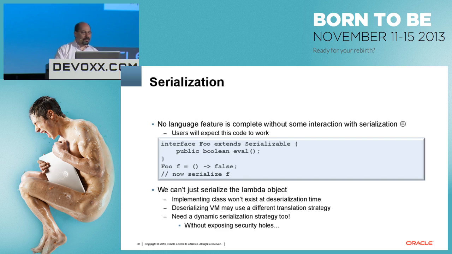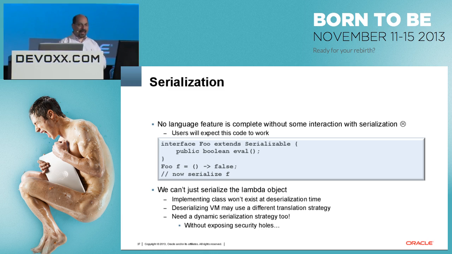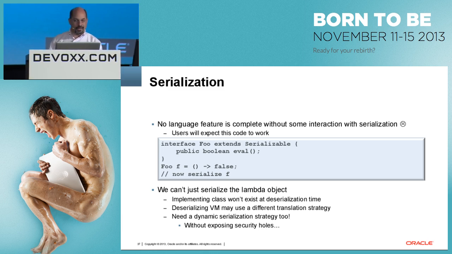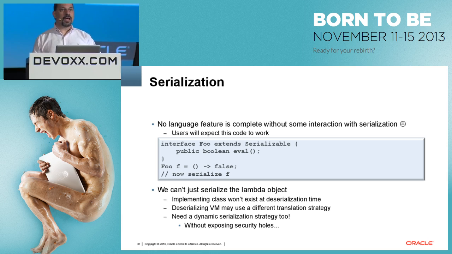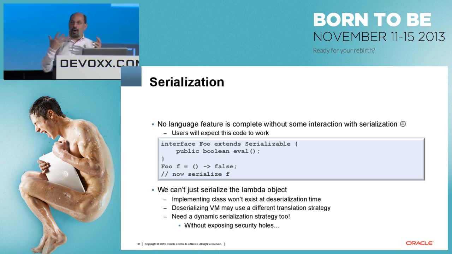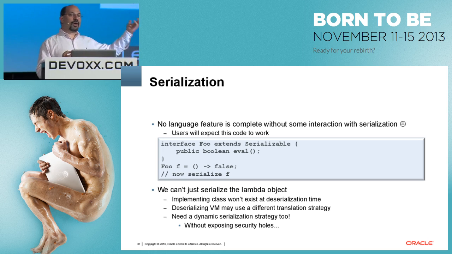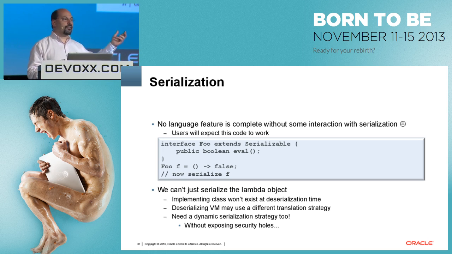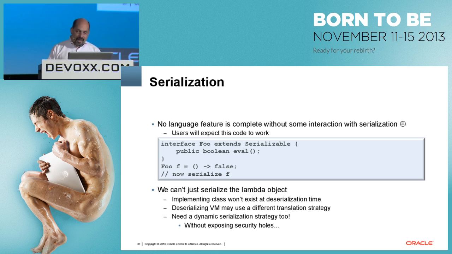Okay, so no language feature is complete without paying some homage at the altar of serialization. It actually took a tremendous amount of time to deal with the serialization aspects of Lambdas. Lambdas aren't serializable by default because we're not stupid, but if their target type is serializable, like you have a functional interface that extends Predicate and Serializable, the compiler will say, okay, I have to make a serializable Lambda, I'll do some extra horrible stuff, hold my nose, and you'll get a serializable